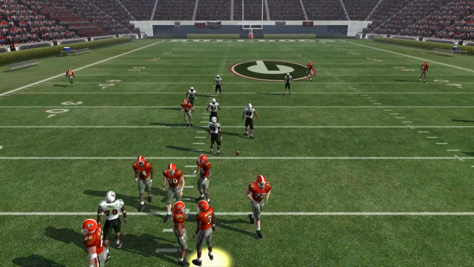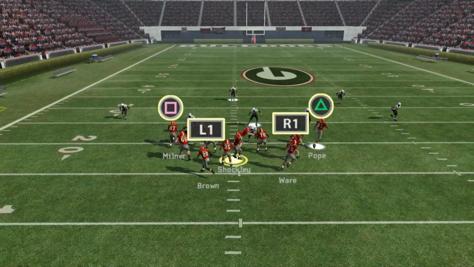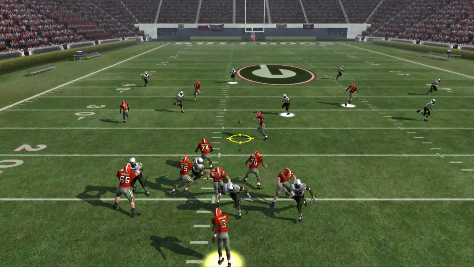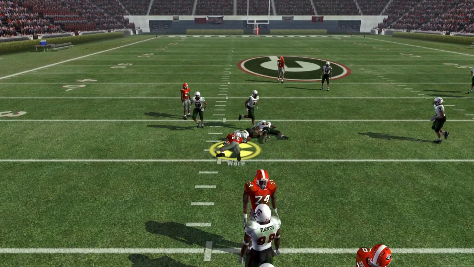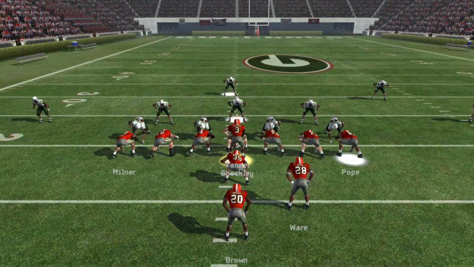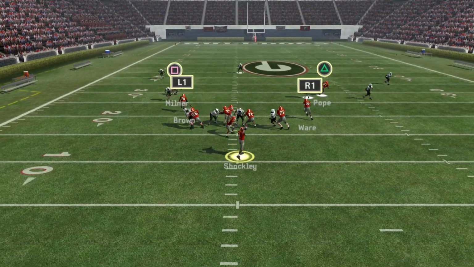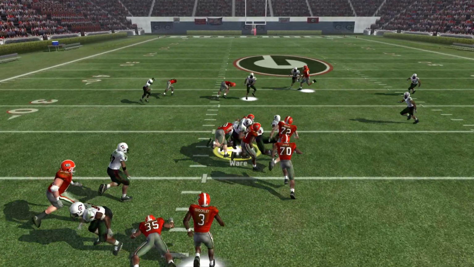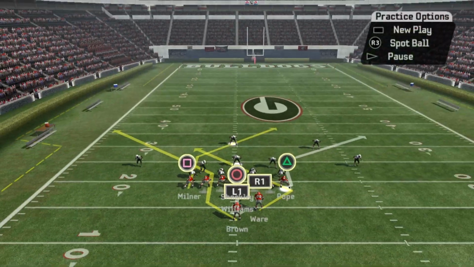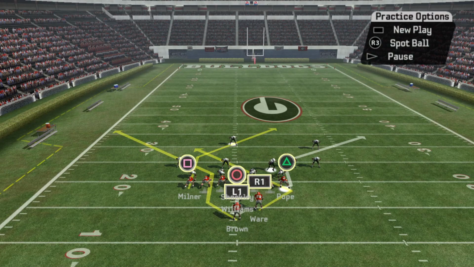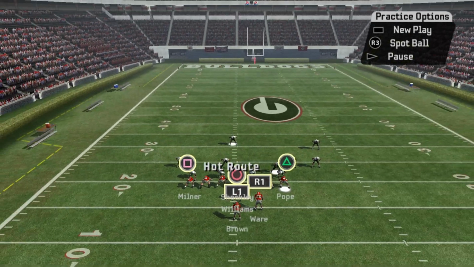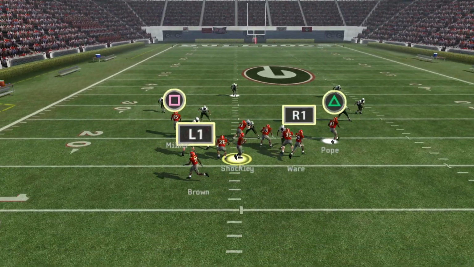See, that almost got intercepted. Again, that's why you go to practice mode and fool around with this stuff. That's not too bad right there. I guess you got to throw a little bit quicker as soon as he makes his cut. Makes the cut right there. Throw it over the guy's head. Problem is, I don't have a short side zone beater. I always like to have those. The only thing I can think of is you do something like that, but I don't even think that's going